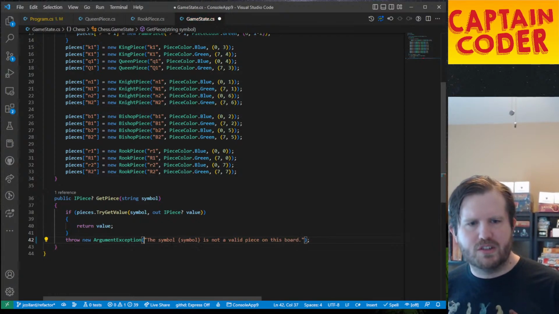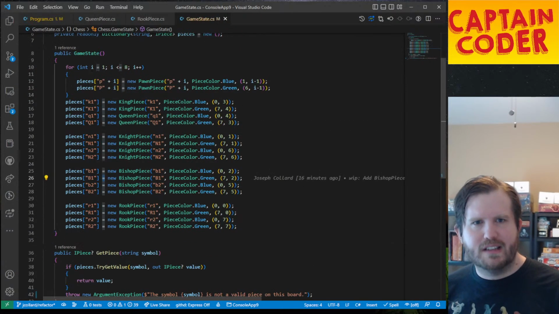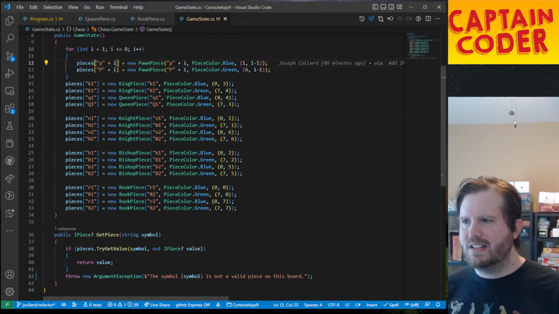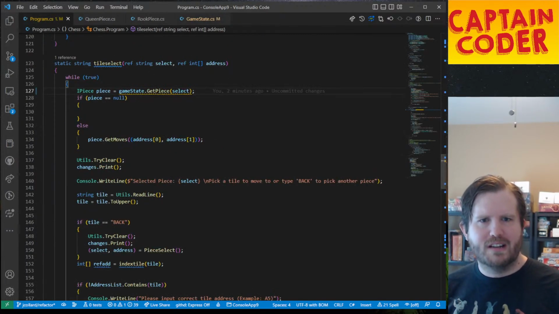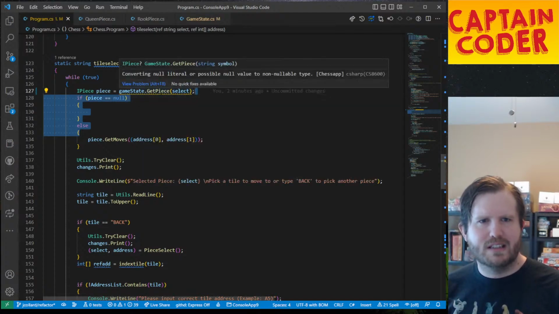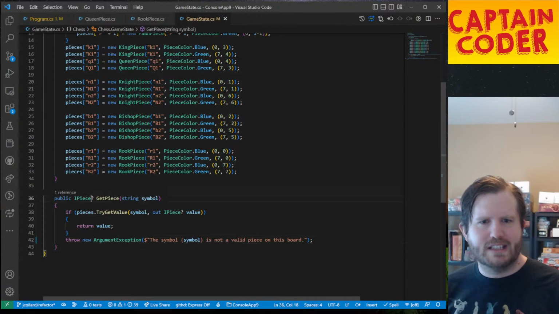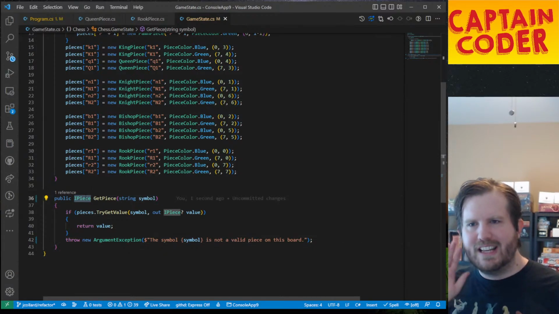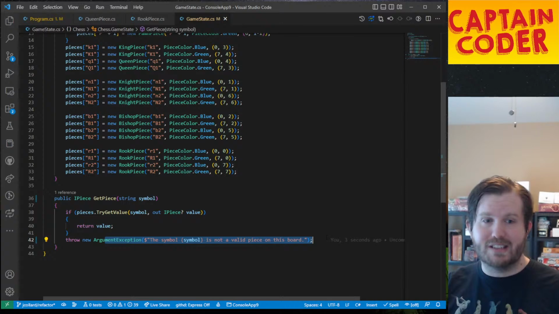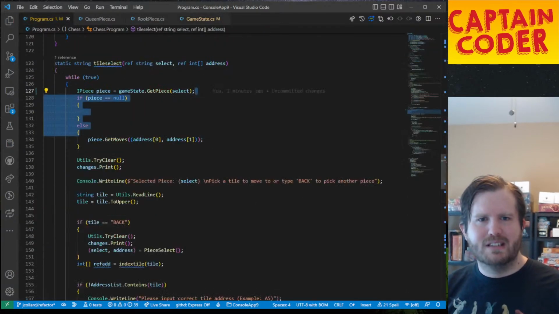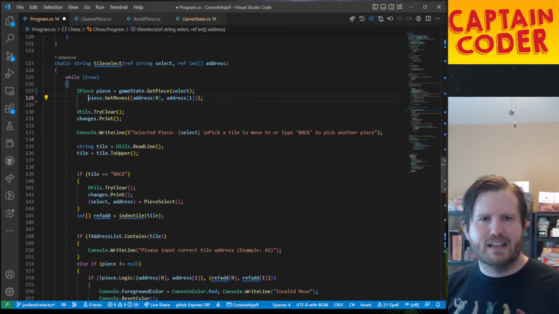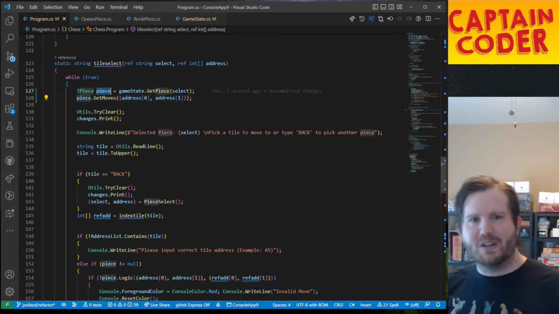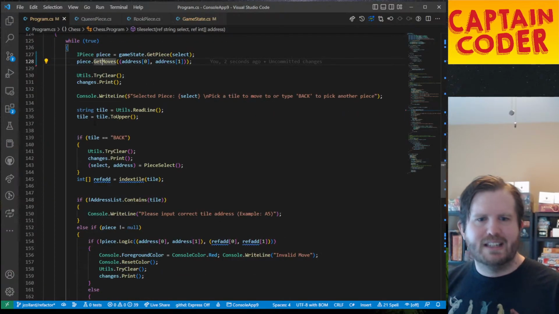All right, so this should only work for the symbols. All right, that's what we're going for. So now in my program here, I can sort of, what is this saying? Converting nullable, and then I want to say that this is guaranteed to return a non-null IPiece, because if it doesn't, it's going to throw an exception. All right, so we can get our IPiece like this, and then we just do piece.GetMoves. Then down here,